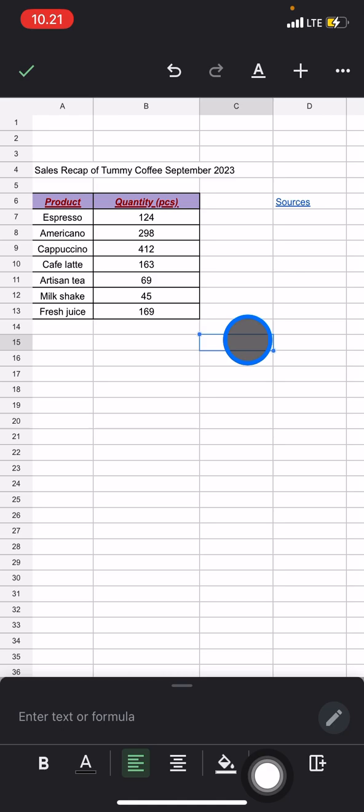So that's all the way how to do text formatting as well as add a link on the Google